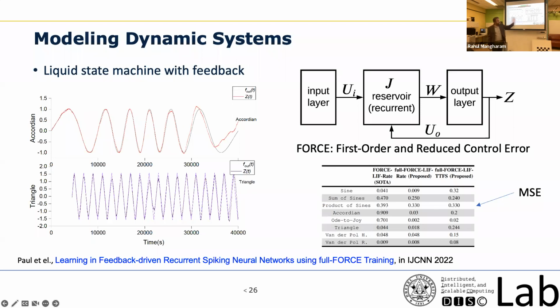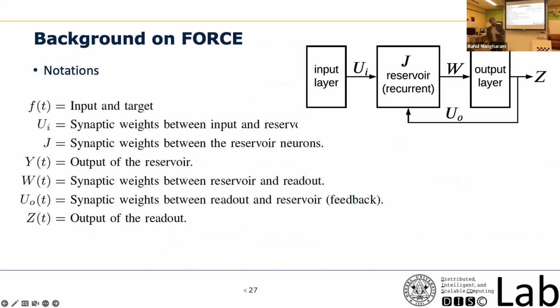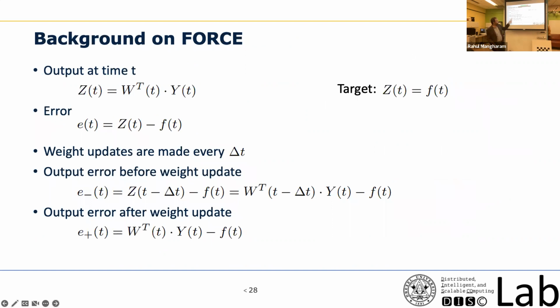So that itself is extremely difficult to train. Think about having a feedback loop from the output to the input. We have solved that problem using the FORCE mechanism, and we have shown that it can be done. I will not go too much into the FORCE mechanism, but the whole idea is that you start with the initial weights and try to minimize the weights using a recursive least square algorithm. Again, I will not go into the mathematics over here.